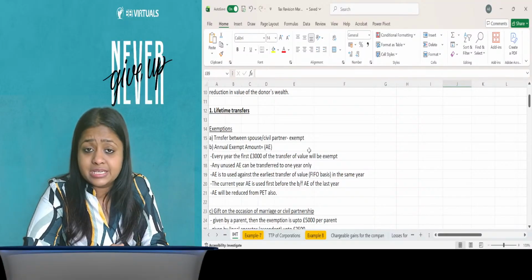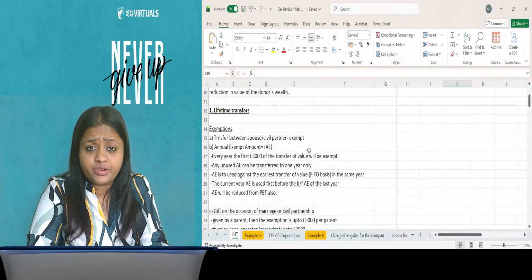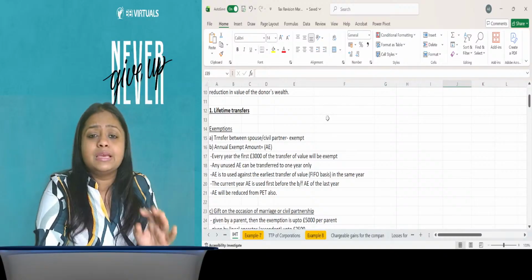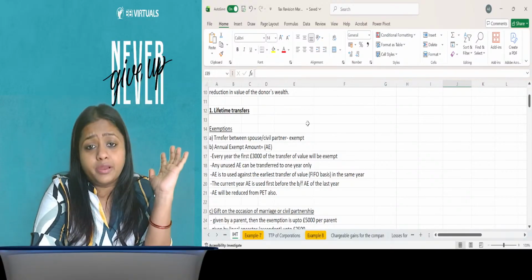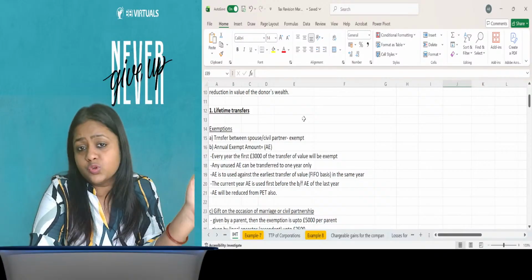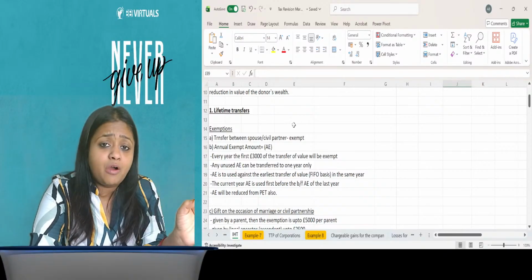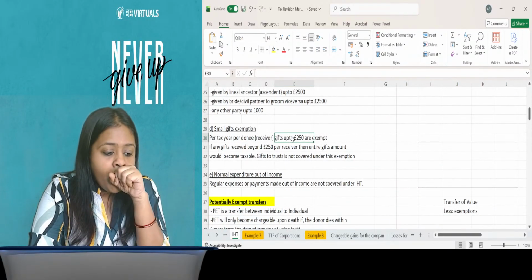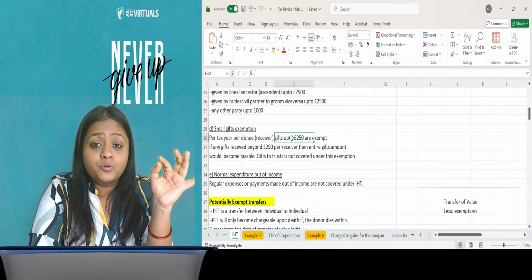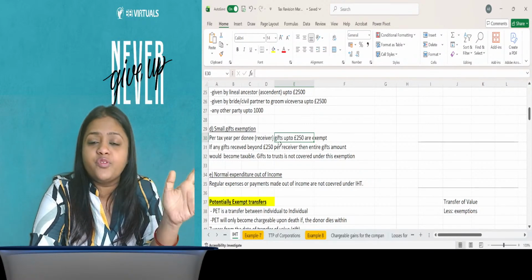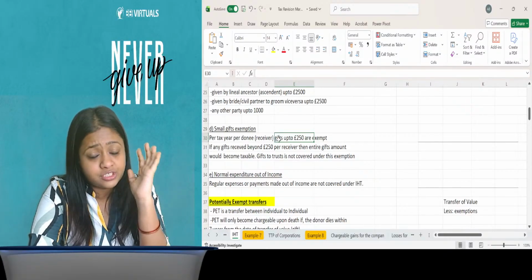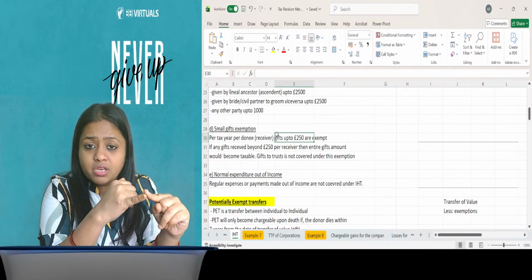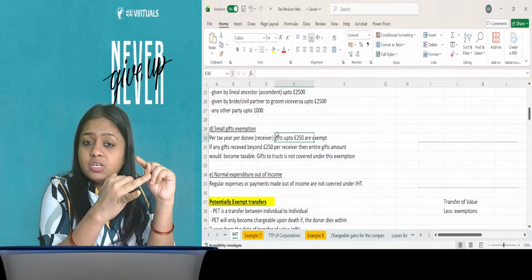We have done the spouse exemption. Next is the trivial benefit exemption, or rather, we call it the small gift exemption. Small gift exemption is when a gift of a very trivial amount is made to any number of persons. So in a tax year, gift value up to 250 pounds, not 50, 250 pounds per donee is allowed as a deduction. Clear? So now we know the small gift exemption. Now we know the marriage exemption.